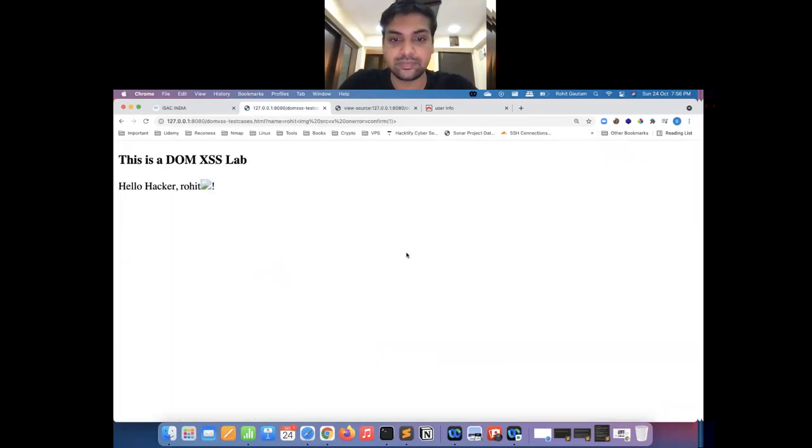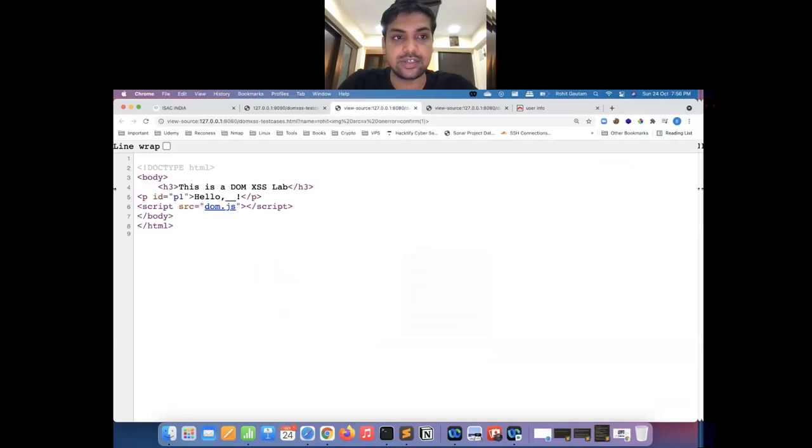Everyone? Okay, there's no reflection into the page source. If you're testing DOM XSS based on reflections into the page source, that is an incorrect way. I personally feel that a lot of people test this way, which is incorrect. You do not have to see reflections in the page source to confirm a DOM XSS. Maybe people get confused between these two vulnerabilities, so don't get confused in that manner. Always keep this in mind whenever you're testing for DOM XSS. Is everyone clear? Everyone is with me, able to understand what we are doing right now?